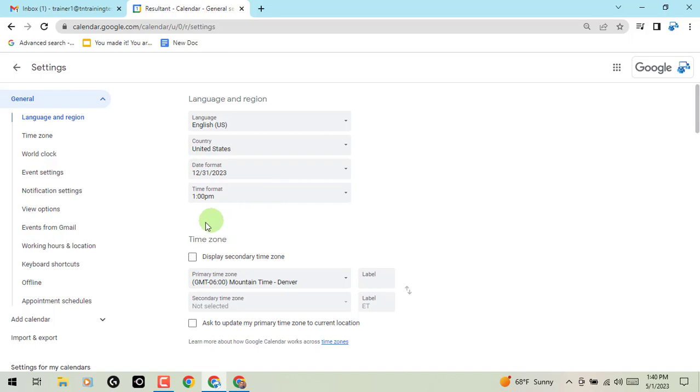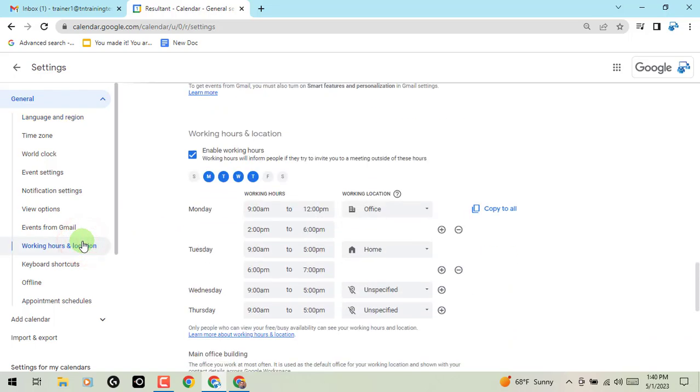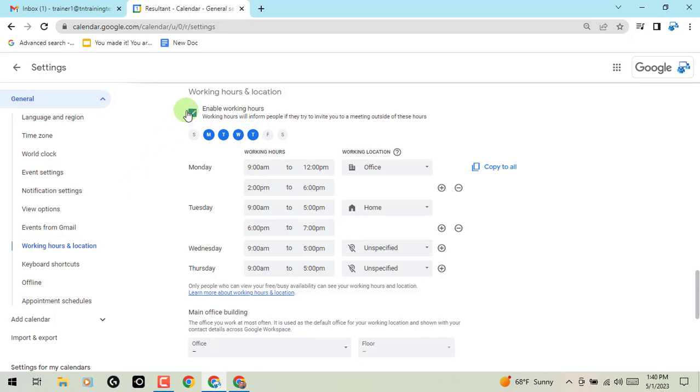To the left of the screen, you will see an option to set up your working hours and location. Click on Enable, pick the days that you typically work, and then underneath each you'll have an option to set up your working hours even if there's a split shift type of a schedule. And then to the right you can set your working location up and even copy it to all if there's going to be something that's going to be routine. You'll also have the option just below this to set up your main office building so maybe someone knows where